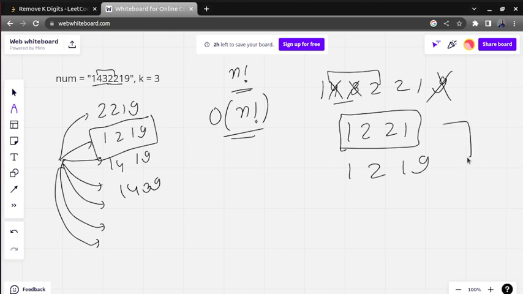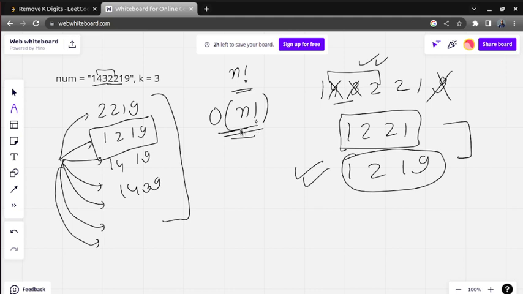If you compare these 2 numbers, this one is the smaller one. It means removing all the top elements is not the solution. So making permutations will consume a lot of time and removing top elements will not work.